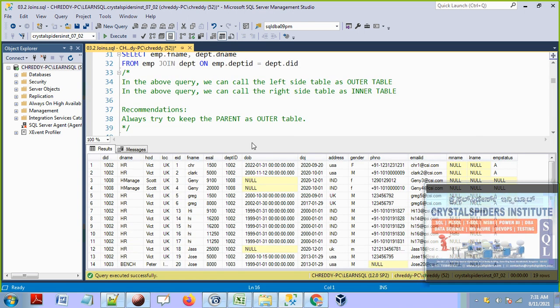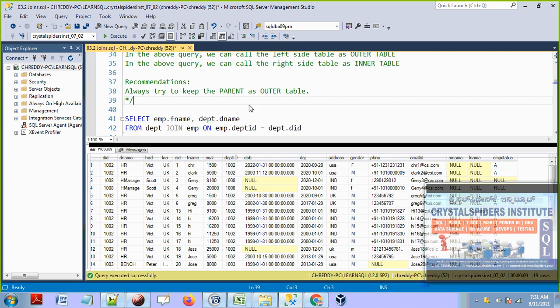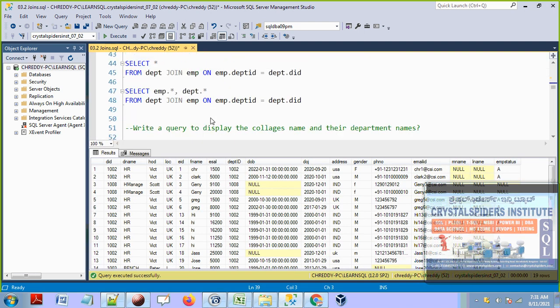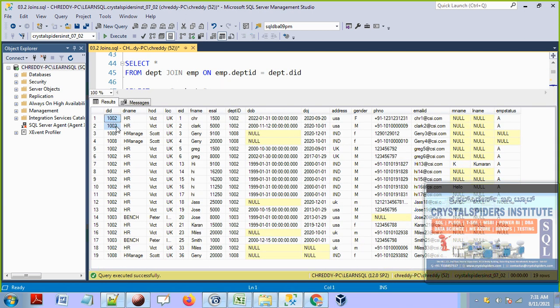That salary is already updated. Most of the employees belong to the same department, guys. 1002 is the HR department, and in the bench department there are only 2 people. HR manages only 3 people. So I need to change this actually. Yeah. A lot of people are there in HR only, but that's fine.